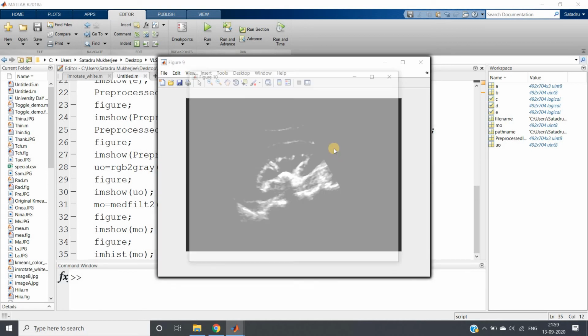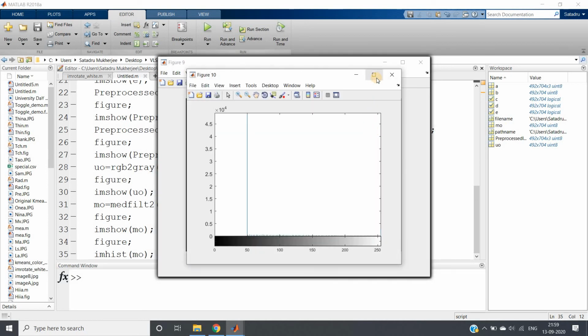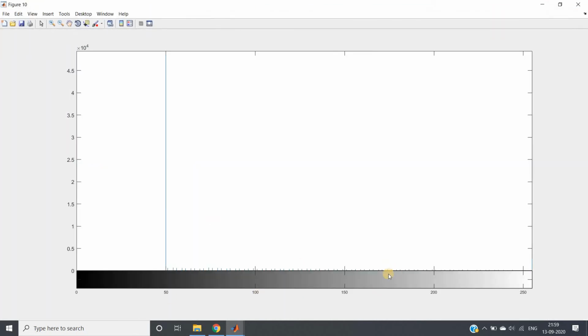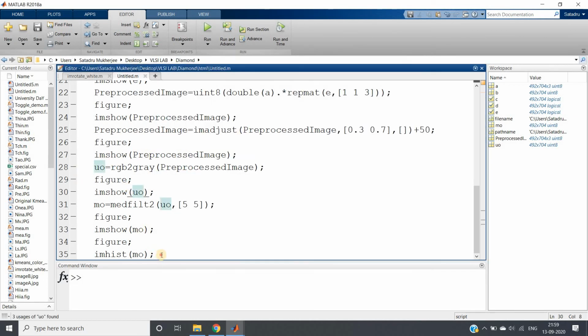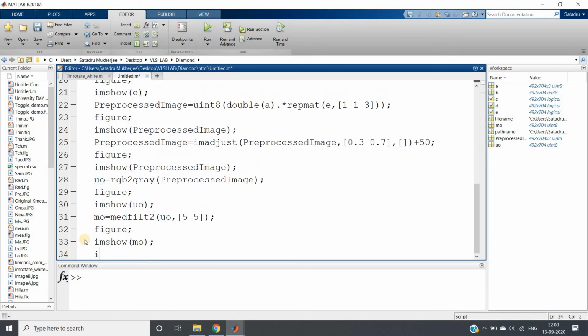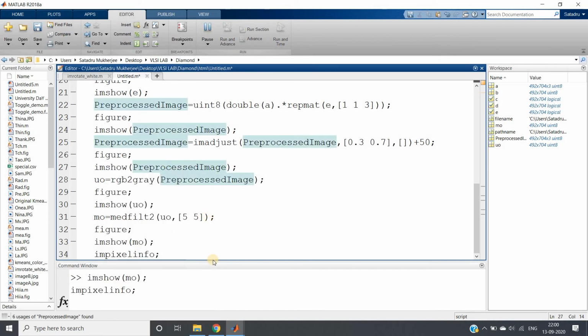So let's see, it will take some time. This kind of histogram we are getting is not at all bimodal in shape, so our global thresholding is going to fail. Rather, we can write impixelinfo on the imshow MO part. Run these two lines.